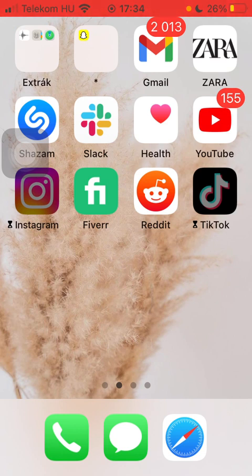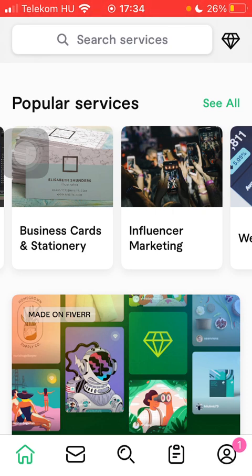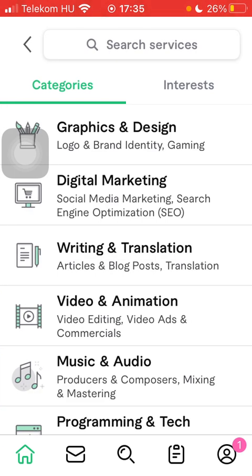First of all, open the application on your phone. Then go to your home page by tapping on the home button down below in the left side corner of the screen. Here you can find the popular services section at the top, and if you want to check out all of the items this category includes, click on the See All button on the right side of the screen,